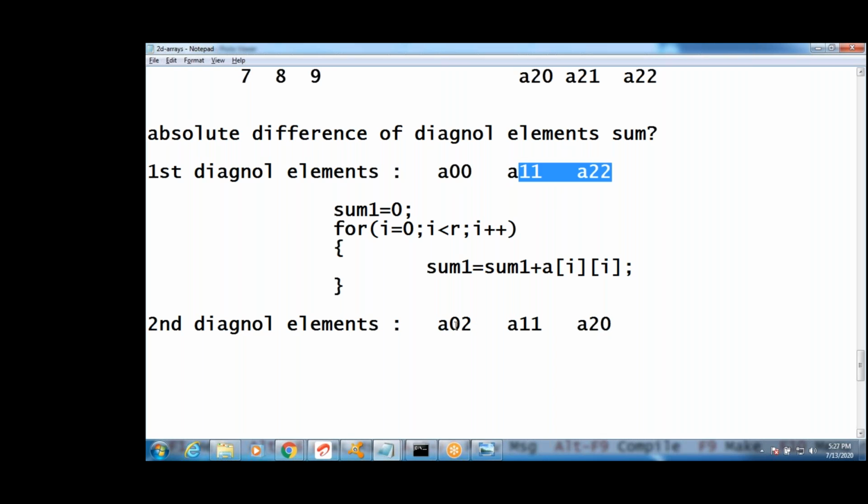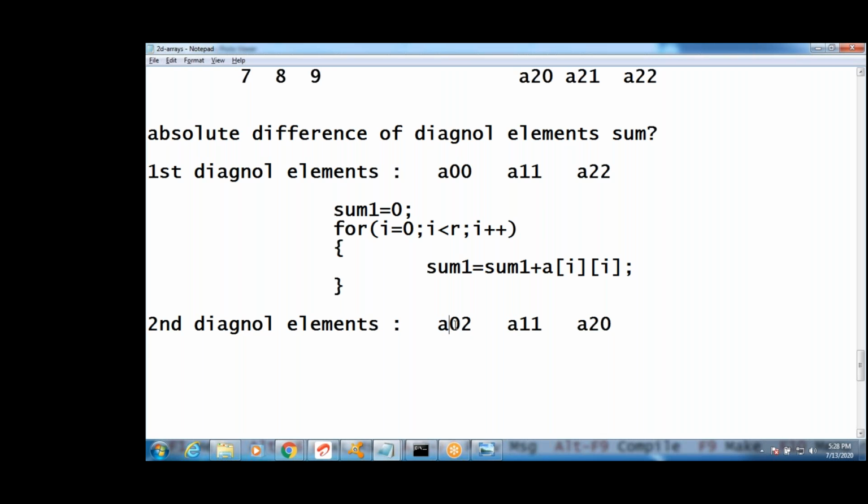Can I write any relation? Can you make any relation, guys? Yes. i plus j. What is i plus j? 0 plus 2 is 2. 1 plus 1 is 2. 2 plus 0 is 2. Nothing but rows minus 1. If i plus j, two loops are required. One way you can, two ways, two methods I will write.